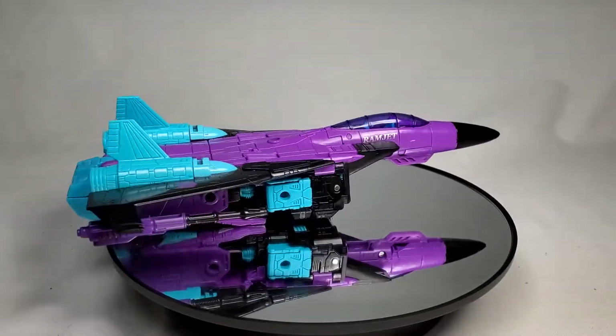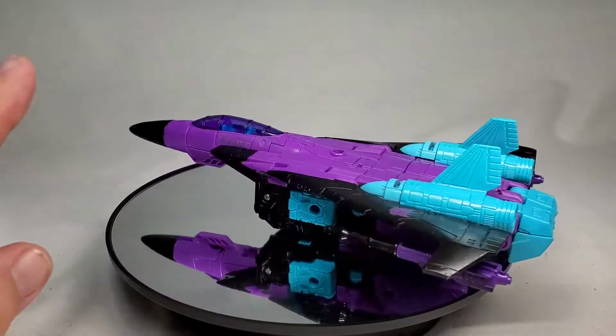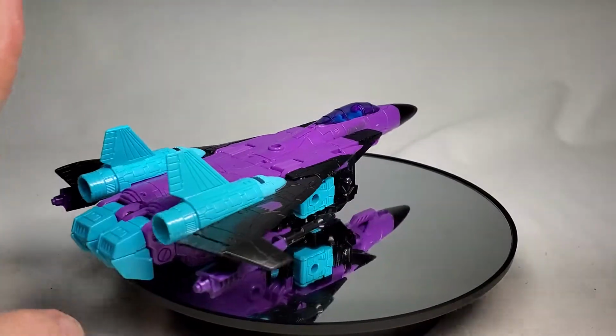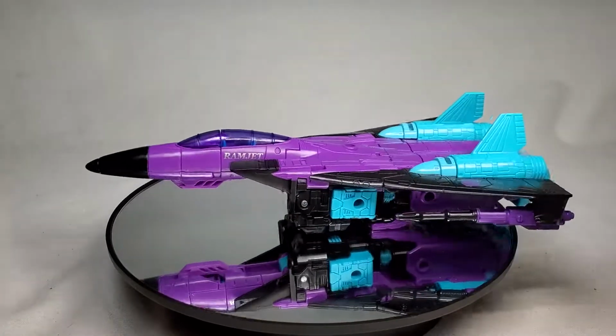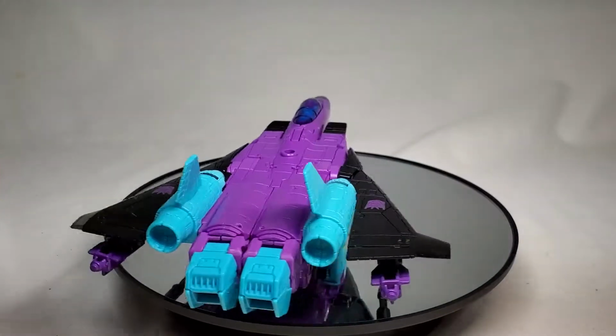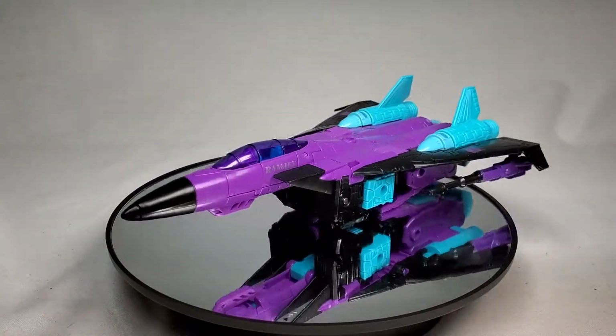Here he is in jet mode, and oh my goodness, does the nostalgia hit hard in this mode in particular. Let me set the scene for you. It's '93, '94. I am just a little Rodimus 13, and I have gone to the mall with my parents,